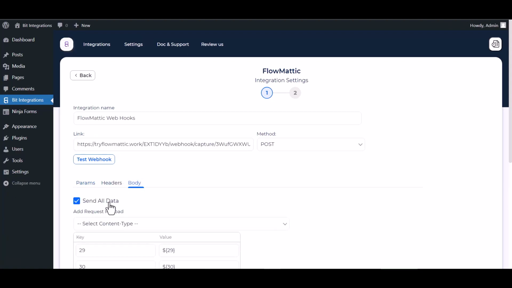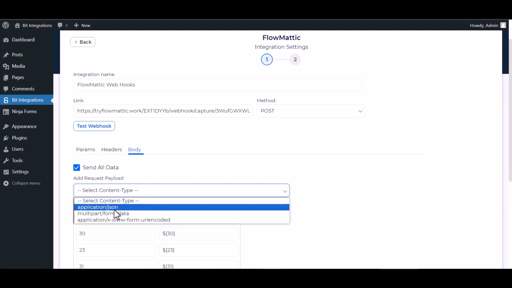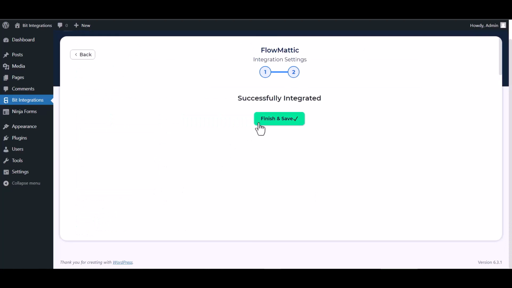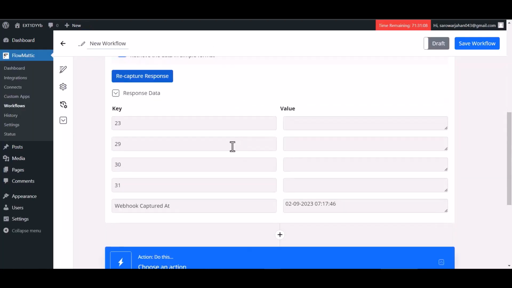Body. Send all data. Choose Application JSON. Test webhook. Webhook executed successfully. Done. Next. Finish and save it. Now go to the FlowMattic site